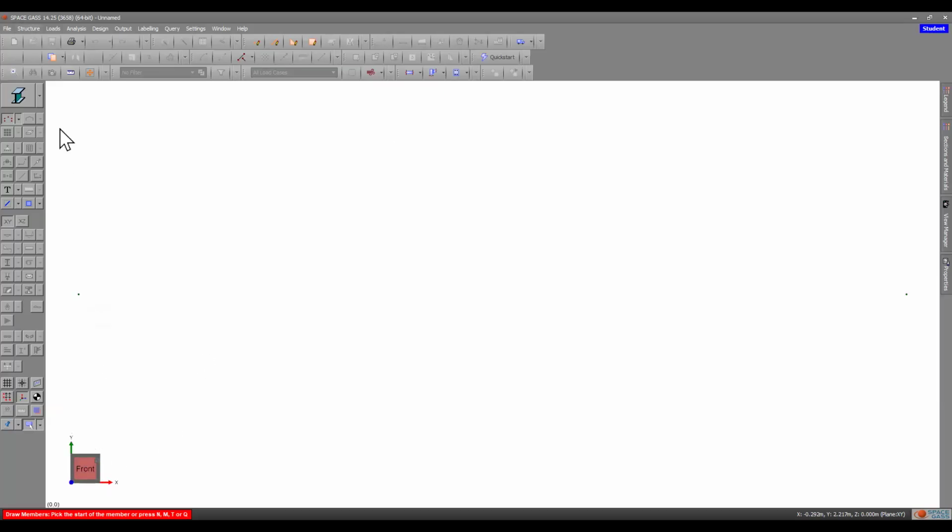So under members, draw members. So from this node to this node. So this now is our member. So our member is now 12 meters, which is the length of our beam. The next step is to